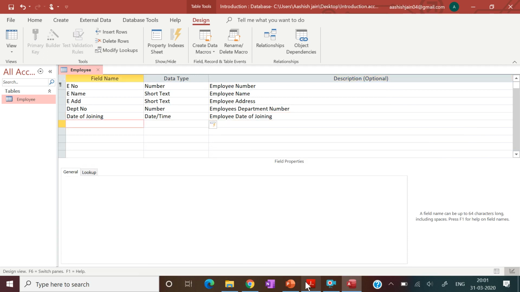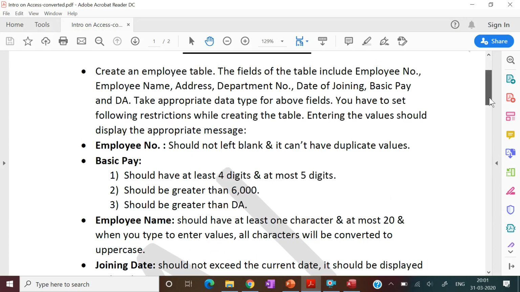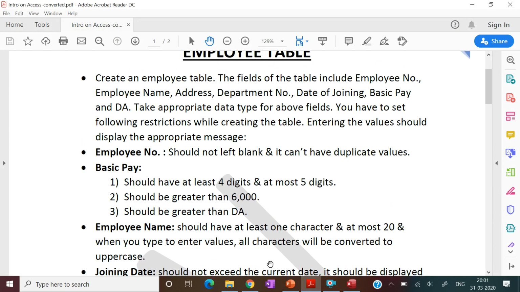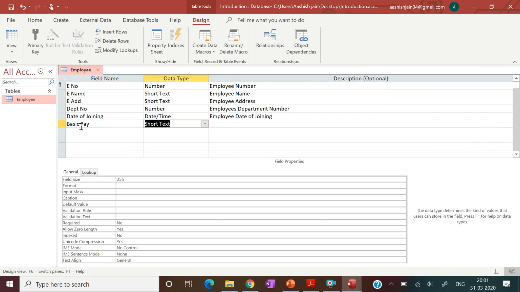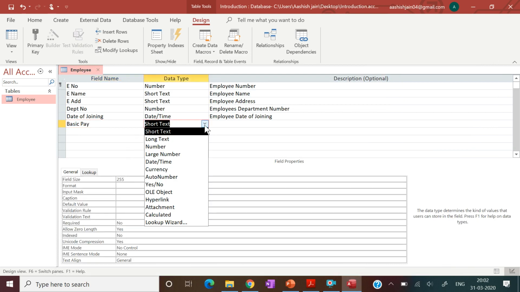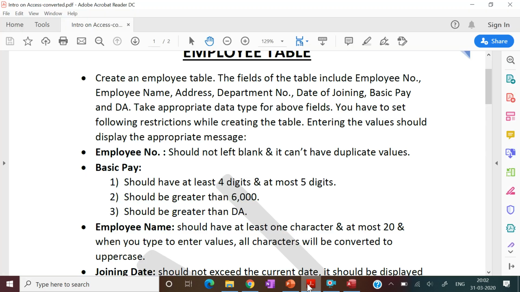Now the next field is basic pay. The data type should be currency. Is there any rule for that?